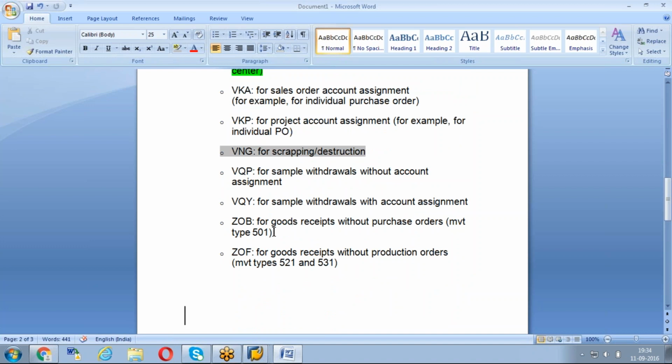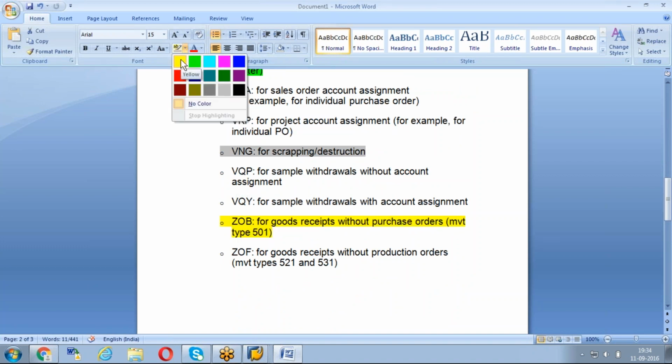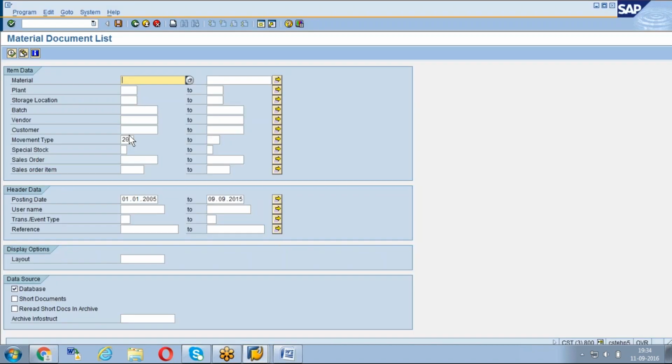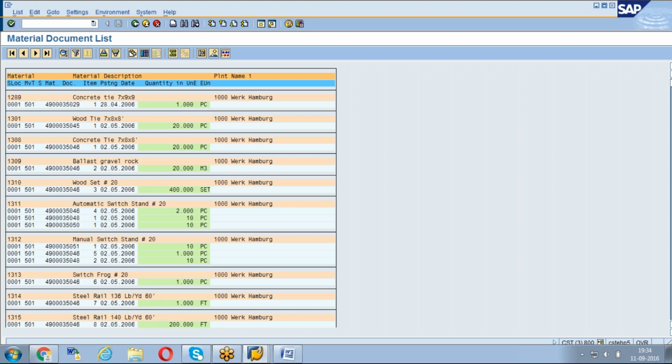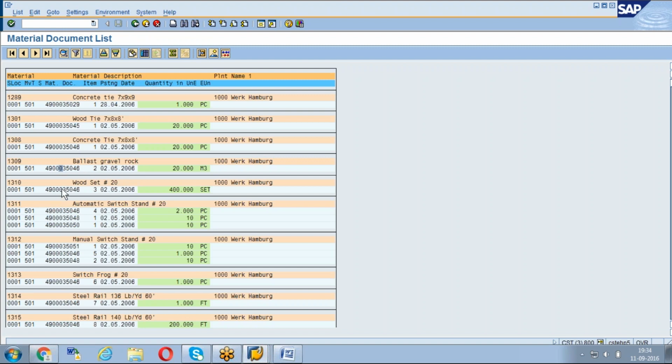See here 501, I told you, right? When you do the goods receipt without PO, at that time the system will take the GL account from GBB. We can take any one. 501 is a movement type where we use the, let me take any single material screen.